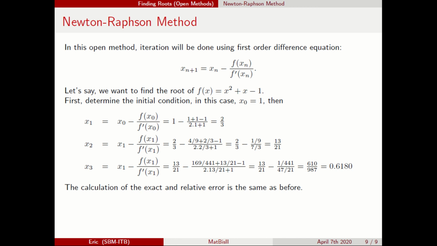So today we have already learned how to find the roots. There are two kinds of methods. One is bracketing methods, the second one is open methods. For the bracketing method, you can have the graphical one, depending on your eyes, and you can have the bisection method, by always dividing the interval to find the roots. And you can use the open methods, that is the fixed point method and the Newton-Raphson method. Okay, thank you.